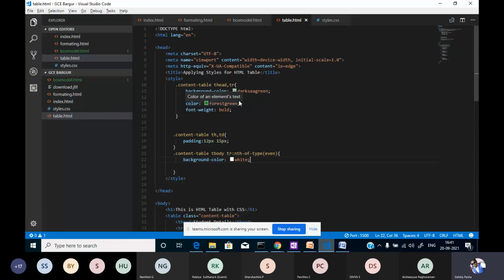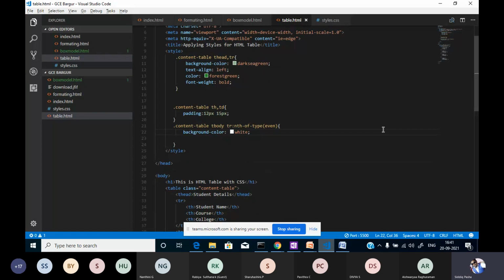For the time being, keep in mind that for applying the style sheets, we can apply the styles using the class of a particular area. We have used the class for a particular table. Using that we can apply, or simply we can use the tags. If we have a table row tag in a table, all rows will be reflected with that particular style. This is how we can apply the styles.